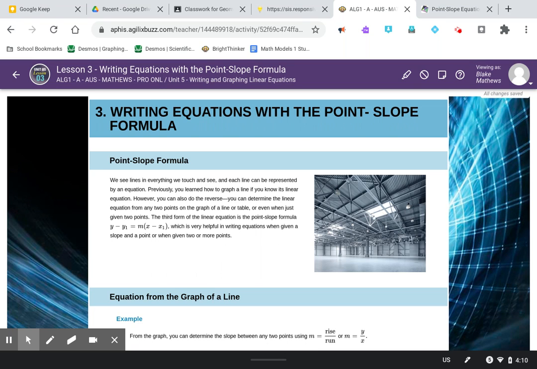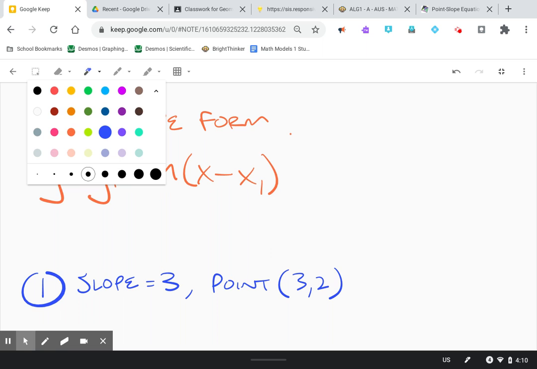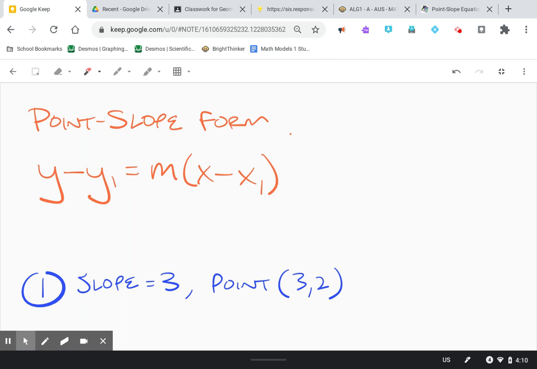All right, this is the Algebra 1, Unit 5, Lesson 3 video over point slope formula. The point slope formula is a formula that we use to get from the information of having a slope value and one of the points on the line, and getting from there to the y equals mx plus b line. So if you remember, up to this point we've been working with the y equals